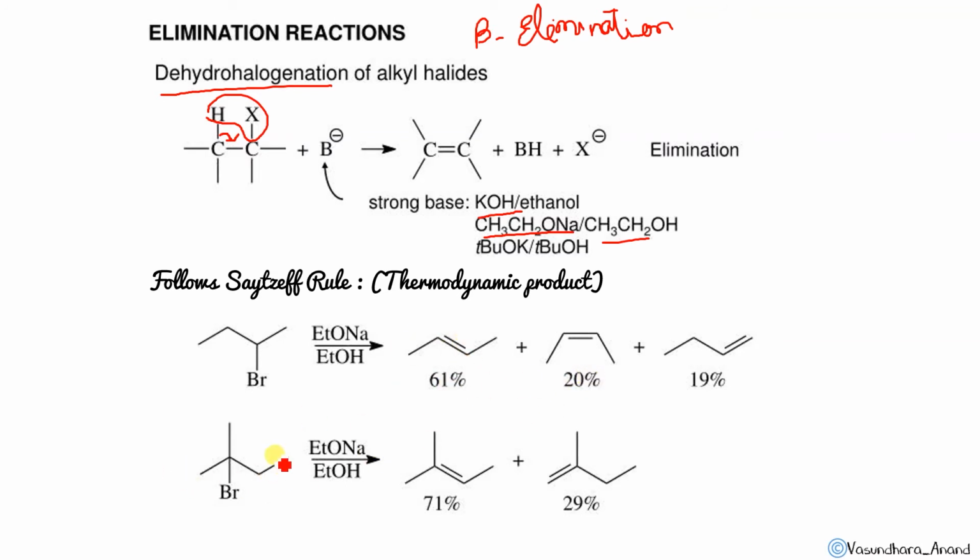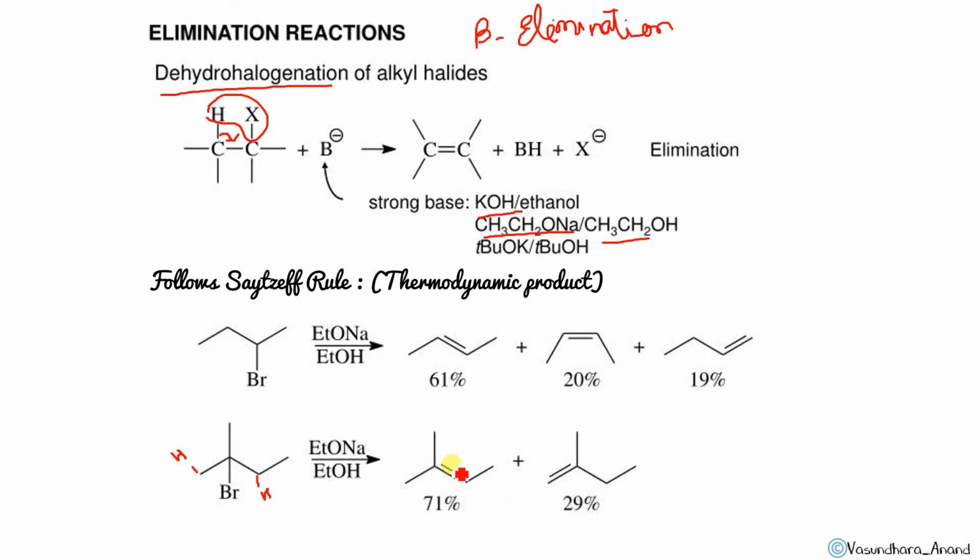So the trans product will be more than the cis product. Similarly, if I'm doing this reaction, we will do it in the mechanism way, so don't worry about that. H will come out from here, and H can come out from here also. So if I'm talking about the E2 mechanism, it will follow the Saytzeff rule, and that will give you the thermodynamic product. In that, the more alkylated alkene will be more stable. So you can see that 1, 2, 3 alkyl groups are there, but in this case only 1 and 2 groups are there. So that's why this one is less stable and that one is more stable.